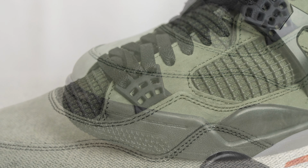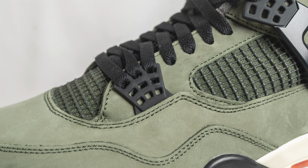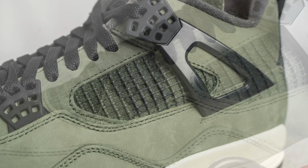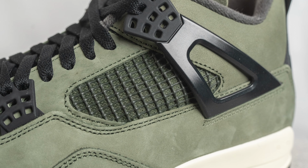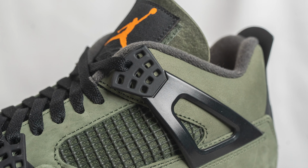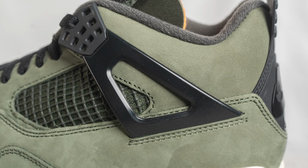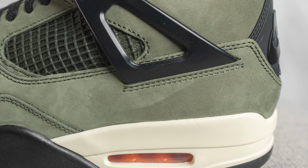For the bottom 3 eyelets, as usual, we have this lace crown. This is crafted out of this black colored TPU and it's done in this matte finish. Next to this, we have your signature Air Jordan 4 netting, and then the top 3 eyelets, we have another lace crown here, and it's attached to a black wing or side flap, and this has more of a shiny finish to it as opposed to the matte finish on the lace crown. Underneath this and next to this, we have more of that buttery green colored nubuck,